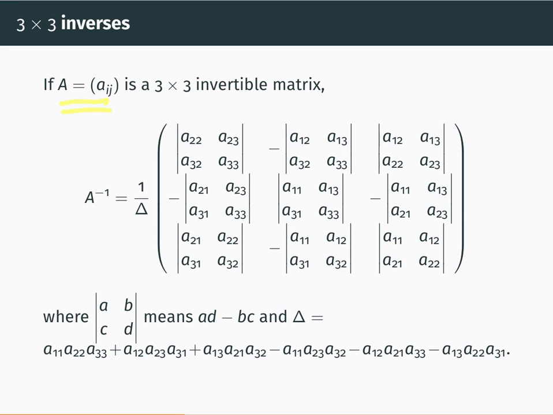So just for fun, I don't expect anybody to remember this, but just for fun, here is the formula for the inverse of a 3 by 3 invertible matrix. If A is a 3 by 3 matrix whose ij entry is a subscript ij, then A inverse is 1 over delta times this matrix here, where the notation I'm using is that this expression here with two straight lines at the side means the determinant of the matrix a, b, c, d. So for example, this thing here would mean a22 times a33 minus a23 times a32. And delta here is this horrible expression, so a11 times a22 times a33 plus a12 times a23 times a31 plus,